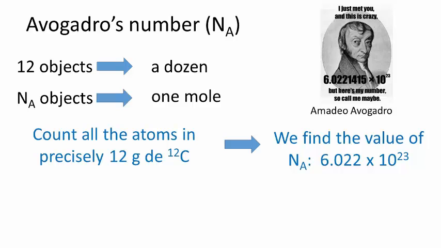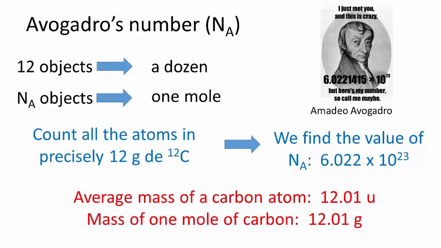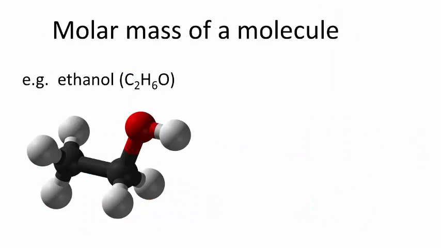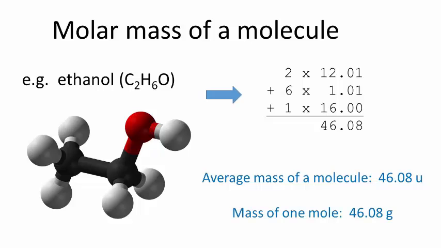With these two definitions, the relationship between the average mass of an atom and the mass of a mole of atoms is easy. An average carbon atom weighs 12.01 atomic mass units, while a mole of carbon atoms weighs 12.01 grams. With these definitions, it is trivial to calculate the mass of a molecule. It is merely the sum of the atomic masses. It is also trivial to calculate the mass of a single atom or molecule. It is merely the molar mass divided by Avogadro's number. The mass of the atom or molecule can be trivially calculated, but we will never directly measure it, as pointed out at the start.